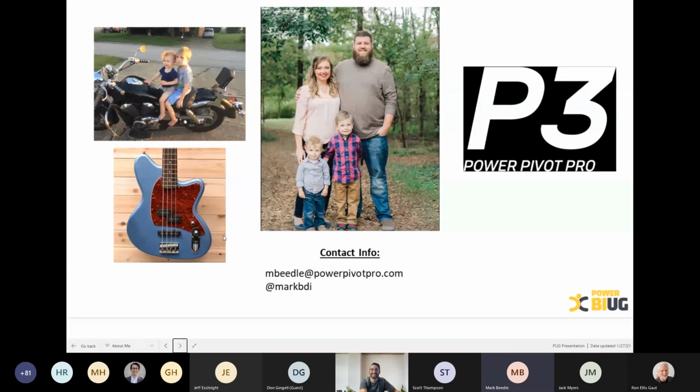You can see on the screen that I have a beautiful wife and 2 cute kids. I like riding my motorcycle when it's not broken, which it is right now, plus it's snowing here in Kentucky. And then during COVID, I thought I would learn how to play bass guitar, and then that didn't happen. So it's still on my slide because eventually I'm going to learn to play bass guitar. You can see my Twitter handle or my email address if you ever want to contact me. Moving on.